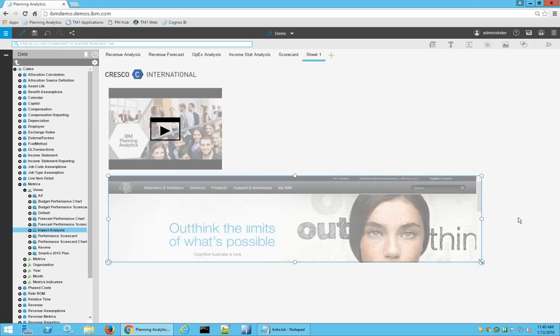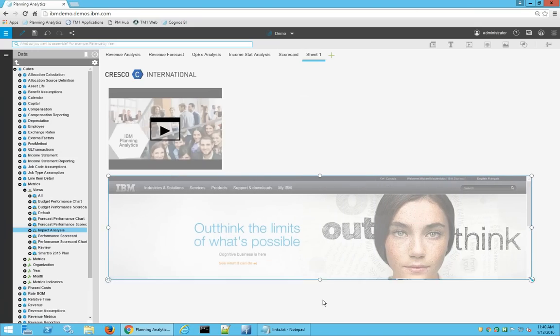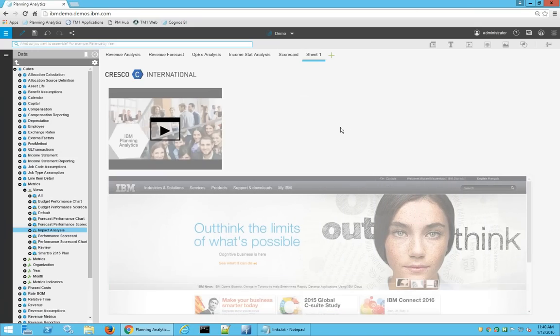very quickly, you can put in budget instructions, you can put in videos, you can put in your company logos. On the tabs where you're doing this, you could have done that on these tabs, whatever. I'm just kind of showing it separately. But these are very quickly the capabilities of Planning Analytics, where you can